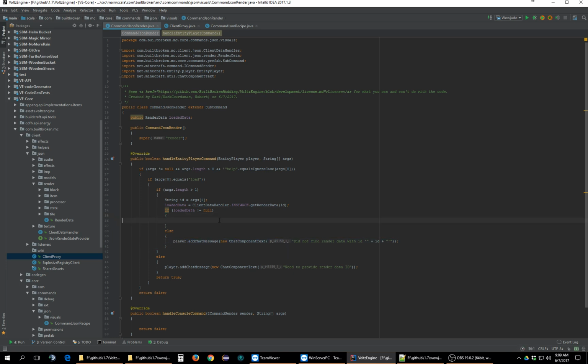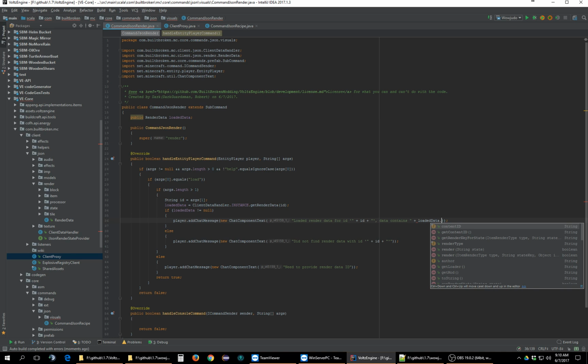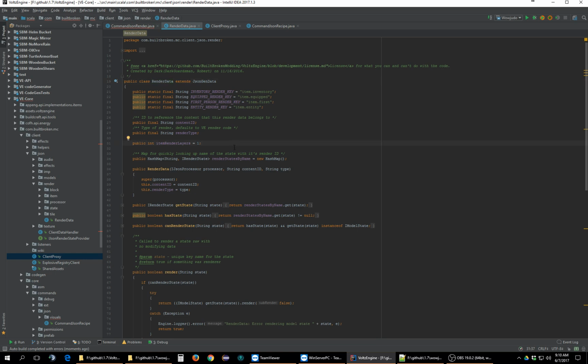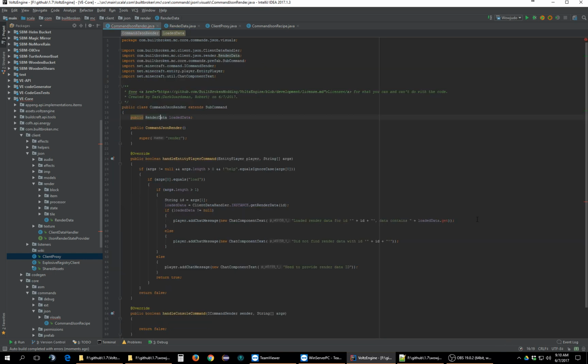And then we'll go, okay, loaded data here, and we'll make sure we get some debug. Loaded render data for ID. Data contains, and we want to know what number of states. So we want to go loaded data dot get state. Or is there not a method for that? I didn't really design this code to be used this way. Okay, there's a render state by name. So just go render state by name dot size. Data contains so-and-so number